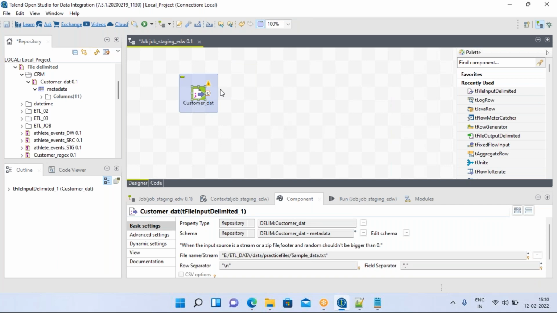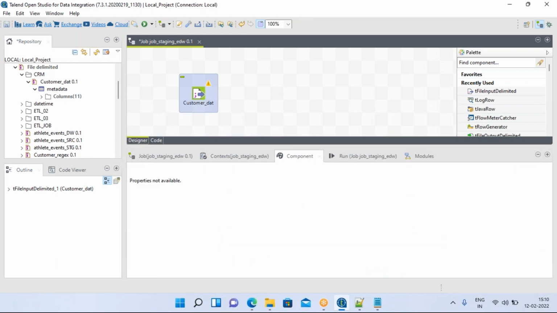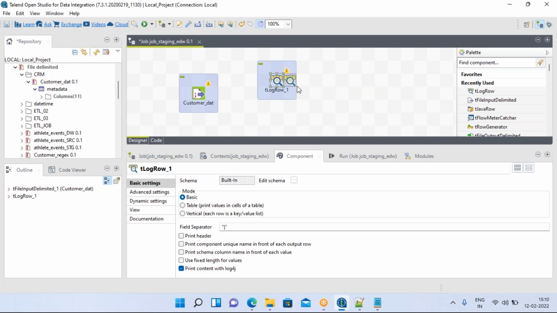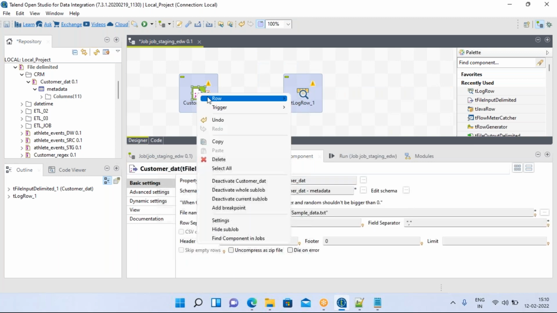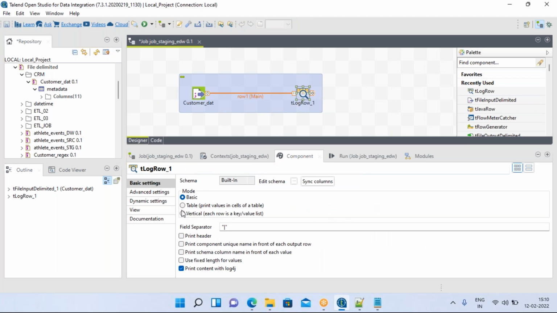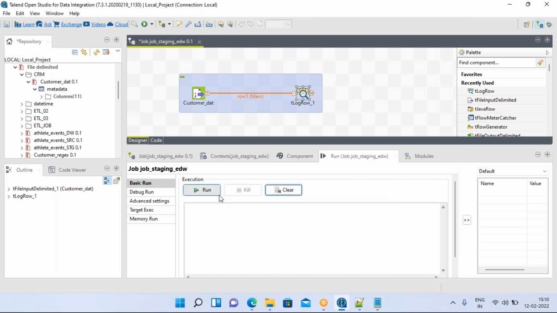Now, you might think, I want to see all the records. There's one component called tLogRow. With tLogRow, you can see all the records in the console, but it won't load into any database. Keep in mind, you can see all the records in the console for your reference. A developer will use this component to print the information in the console. Console means I'm going to run this now. You can see all the information in the